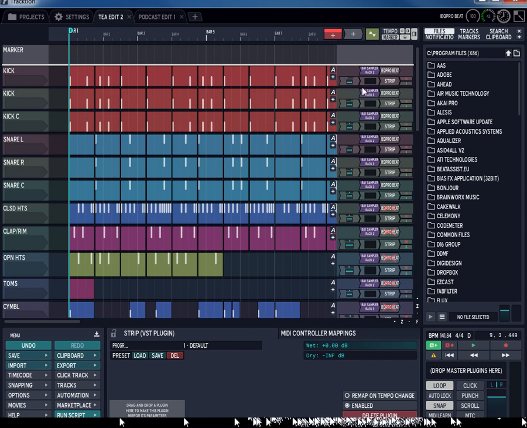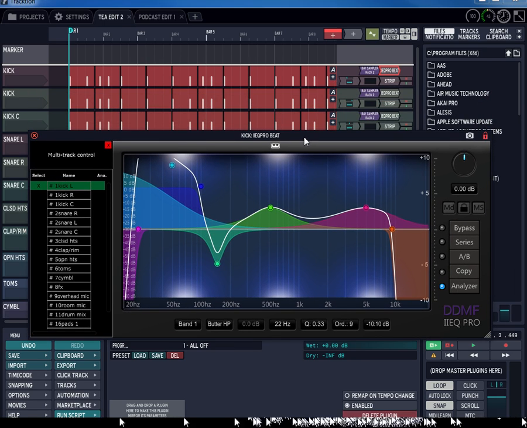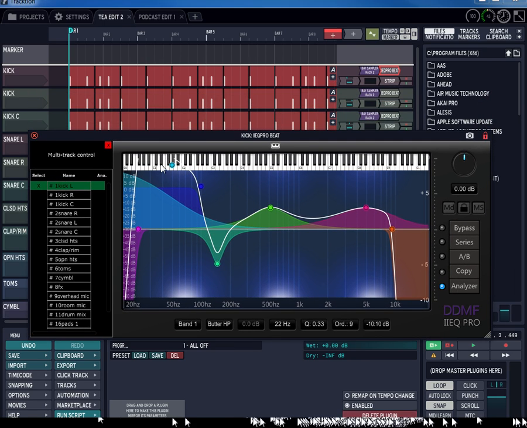Then the iEQ Pro, it just went to 3.3.4. They added the piano roll, so you now get to tune straight to the frequency, to the tone of the notes that are played on the keyboard. So you can go right here and straight hit it, bop. So just remember, if you want to work like that,